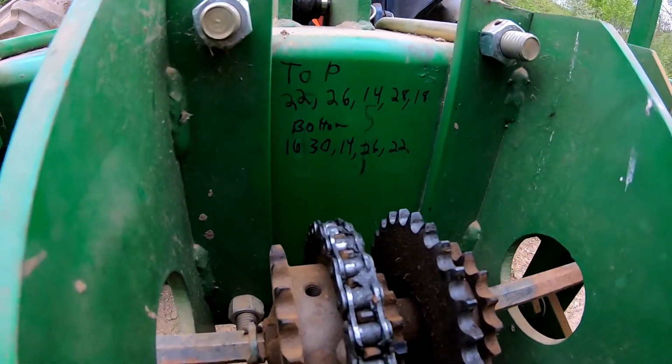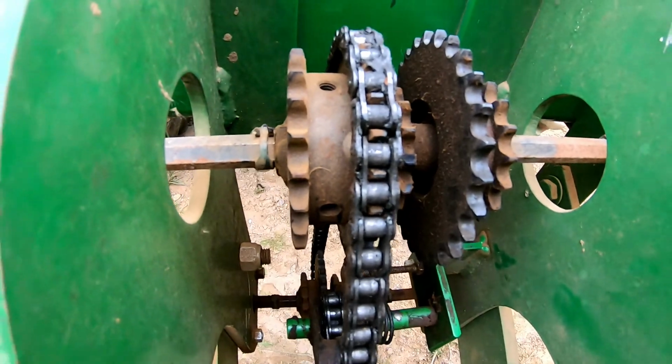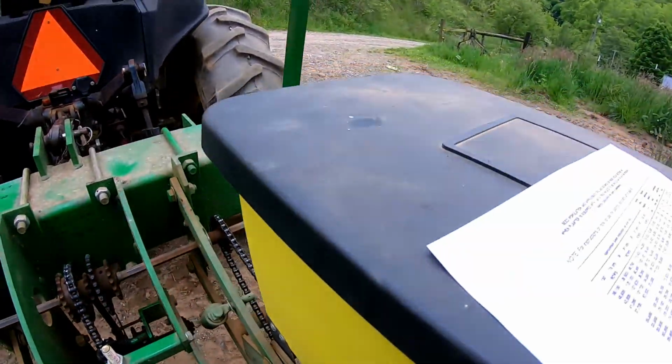And on the top, 26. So that should be 30,200 seed per acre. So let's look at something else. So if we wanted to say,